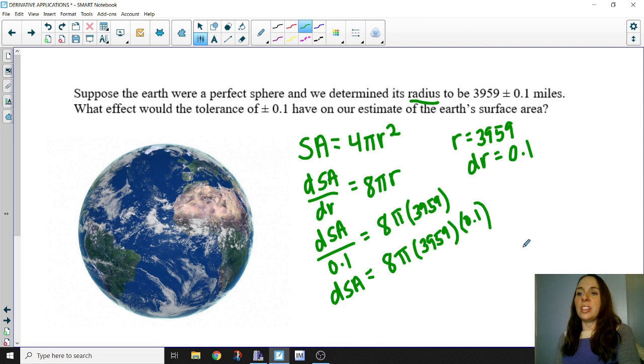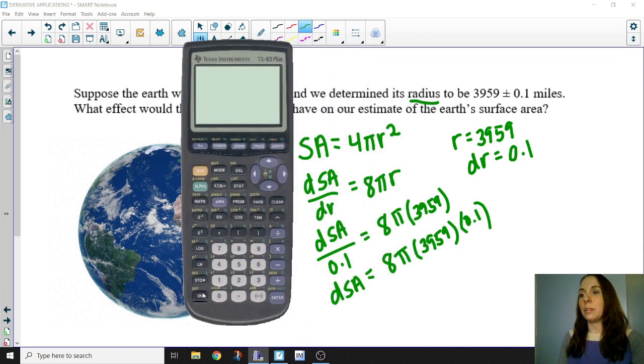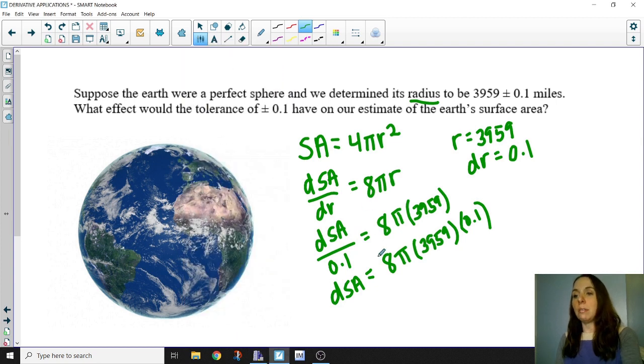So this calculation approximates the answer to the question posed. What effect would the tolerance of minus a tenth of a mile have on our estimate of the Earth's surface area? If we do this calculation, which I'm definitely going to grab a calculator for, and multiply with the pi in there, the approximation of the Earth's surface area could be off by this amount, 9,950.05